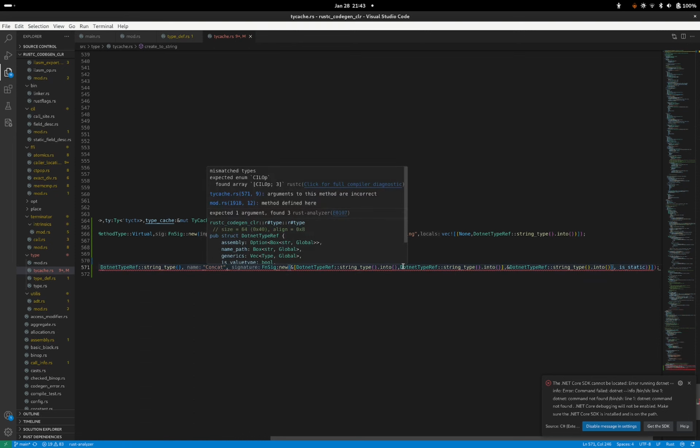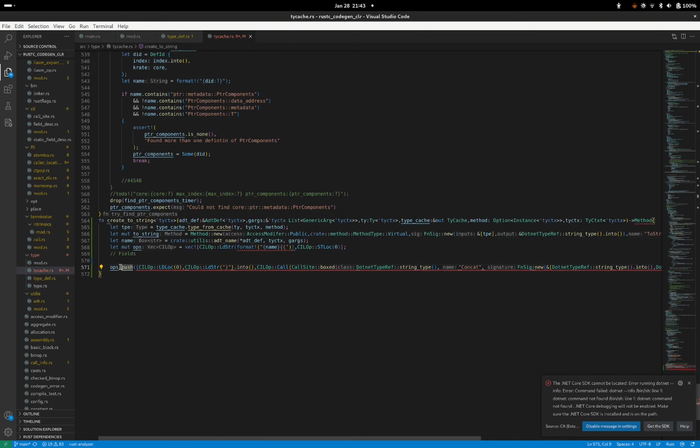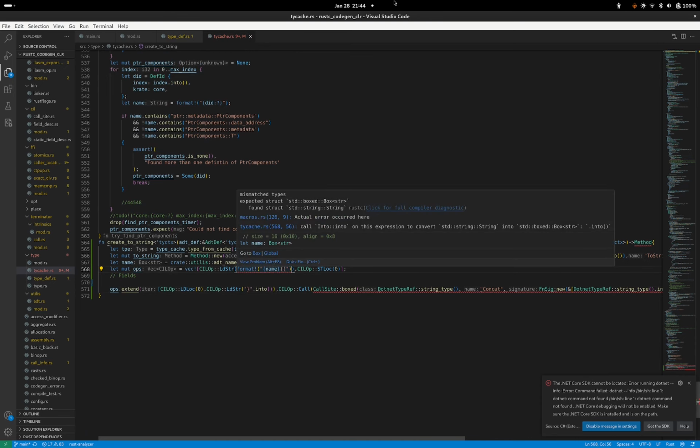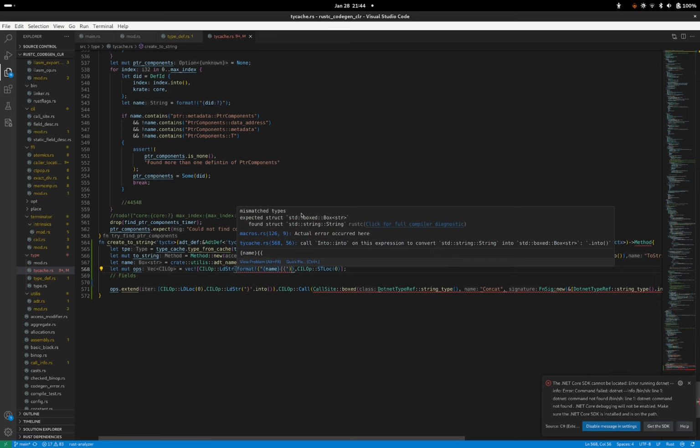So generally you should avoid concatenating too many strings. What are you complaining? Oh, because I did that instead of extend. That's kind of silly. Extend. Okay, so here the issue is that I have to turn it from a static string into an owned string here, and it's not just a normal string. I'm using boxed